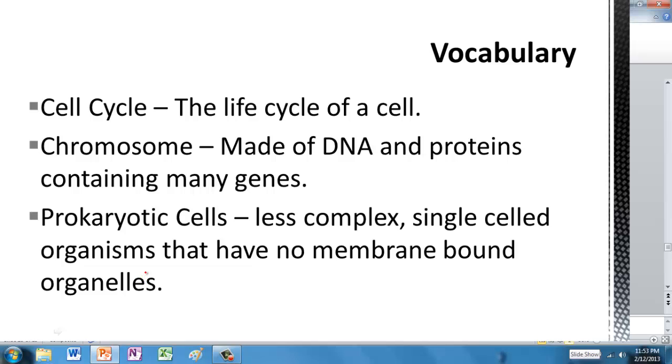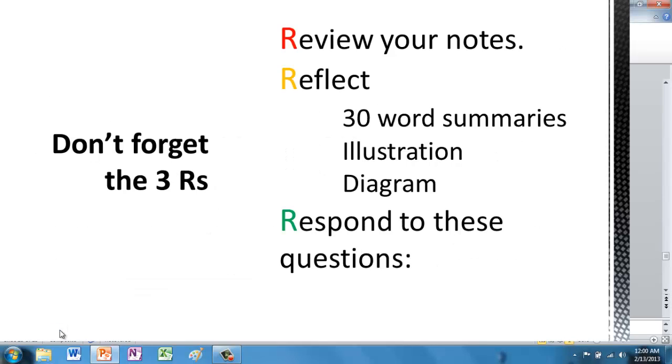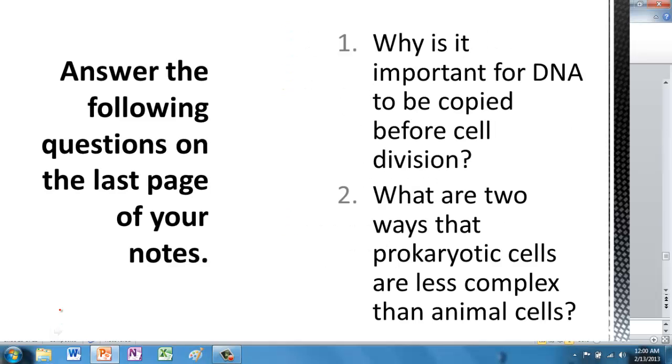So this brings us to the end of the first part of our cell cycle series, where you've learned about prokaryotic cells and how they produce more cells. Don't forget your 3 R's. On the opposite side of each page of your notes, do some kind of a reflection, 30-word summary, an illustration, or a diagram, and respond to these questions at the end of your notes. Number 1, why is it important for DNA to be copied before cell division? And number 2, what are 2 ways the prokaryotic cells are less complex